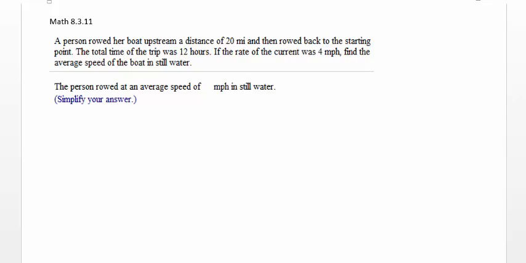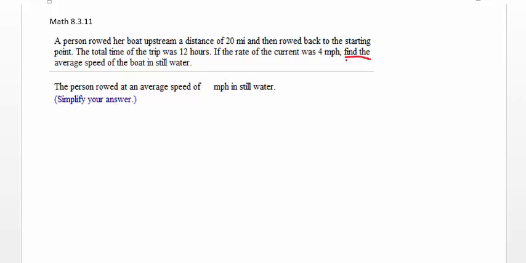Let's take a look at exercise 11 from section 8.3. A person rowed her boat upstream a distance of 20 miles and then rowed back to the starting point. The total time of the trip was 12 hours. If the rate of the current was 4 miles per hour, find the average speed of the boat in still